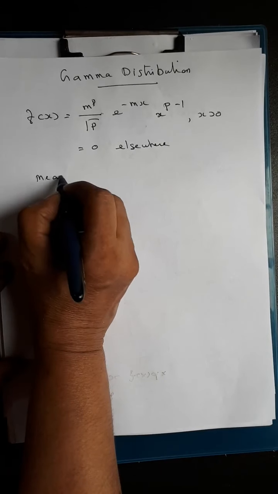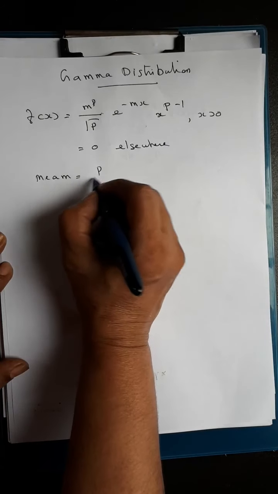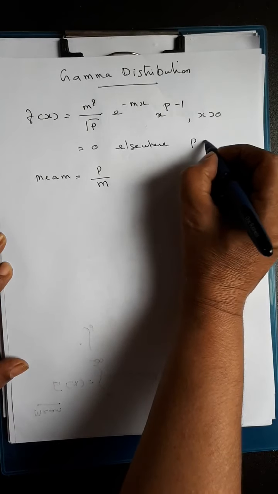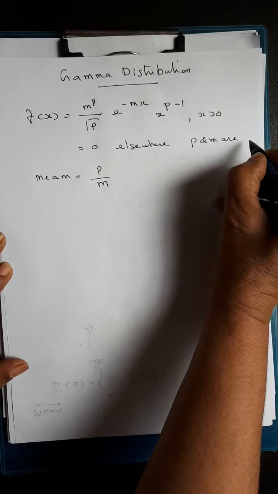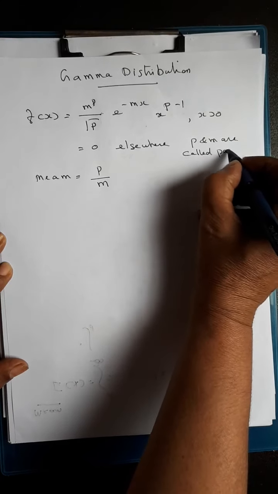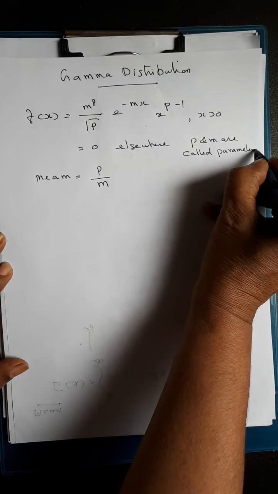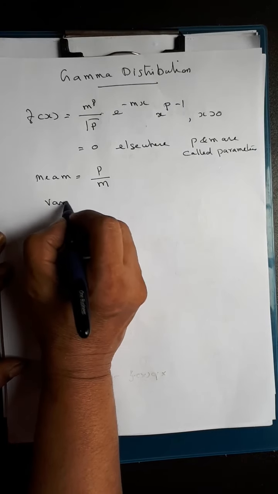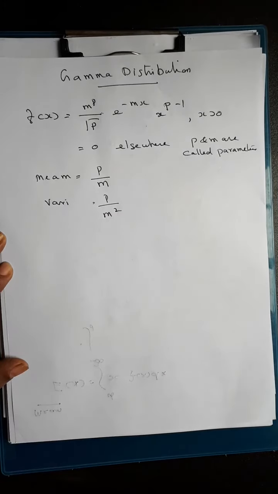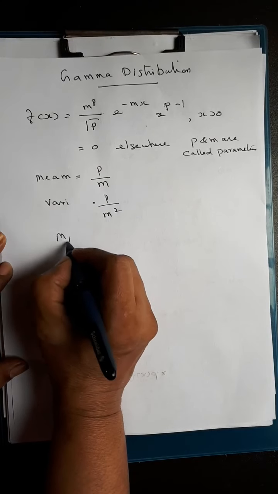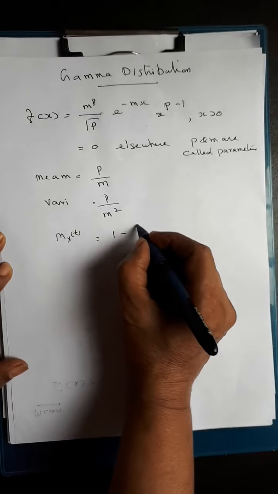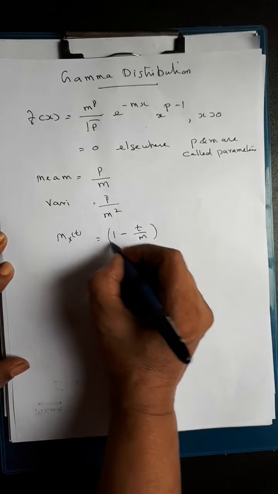Mean is equal to p by m. And one more thing, p and m are called parameters. Variance is p by m square, and moment generating function is equal to 1 minus t by m raised to